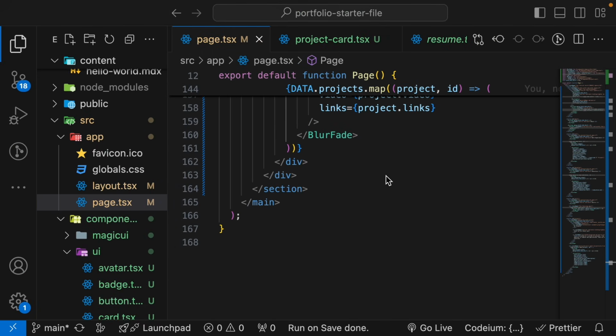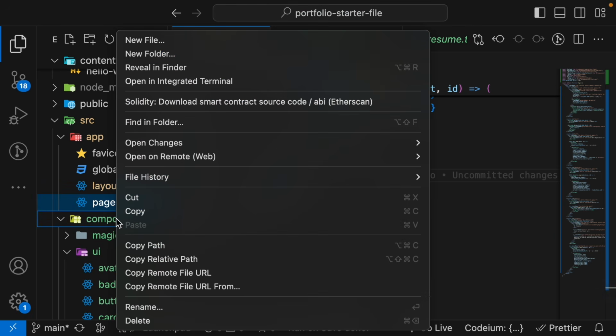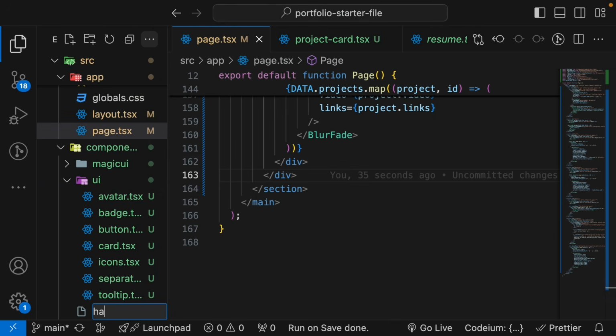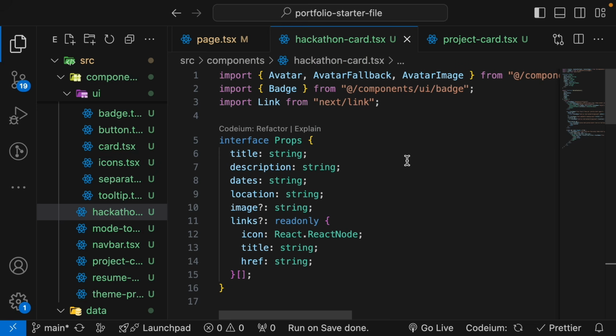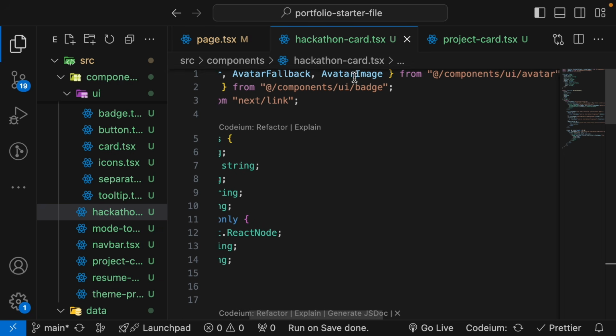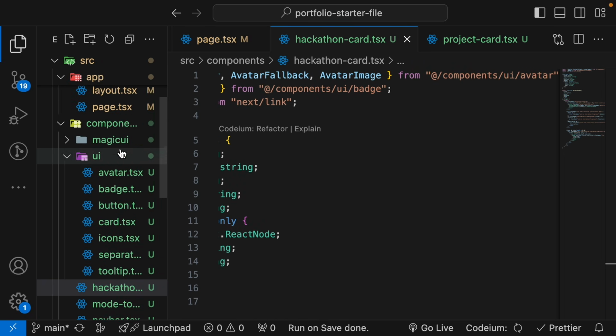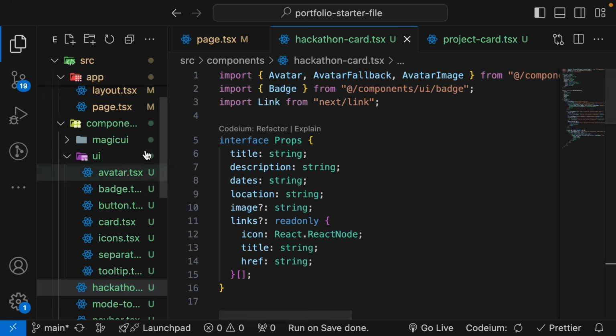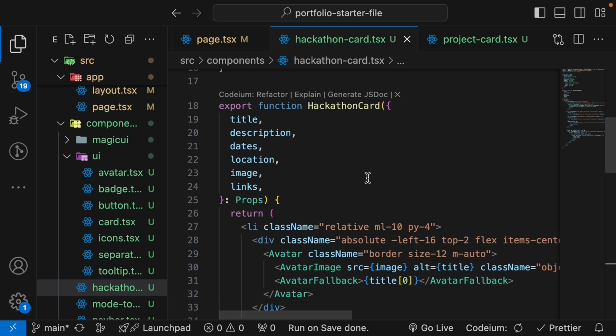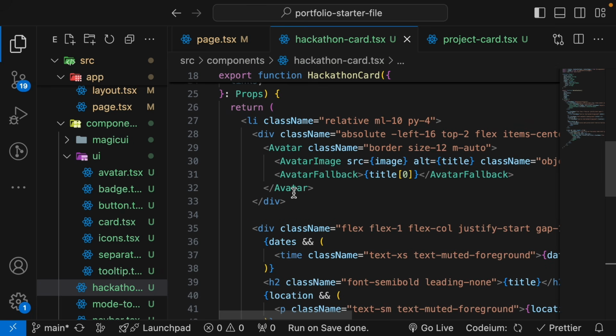So inside the component, we are going to create a file named hackathon-card.tsx. So this is the hackathon card component. We are importing the avatar from the avatar component we created. We have the badge imported from the badge component and Link from Next.js. We define our props. We create the hackathon function to have 8 props. And then when we check the hackathon,